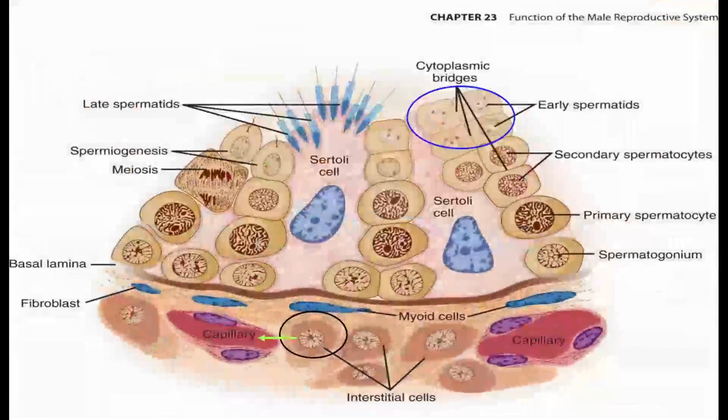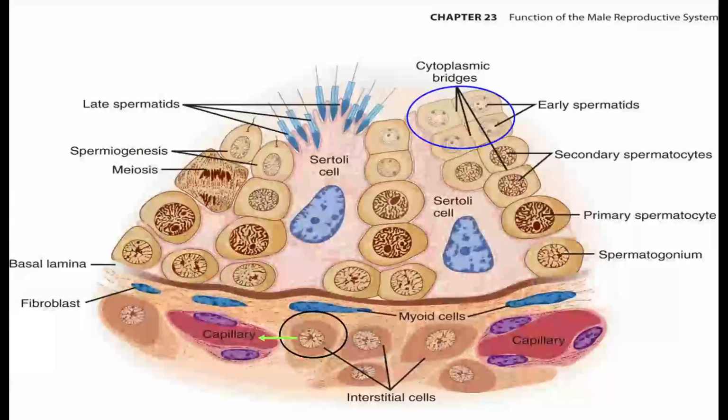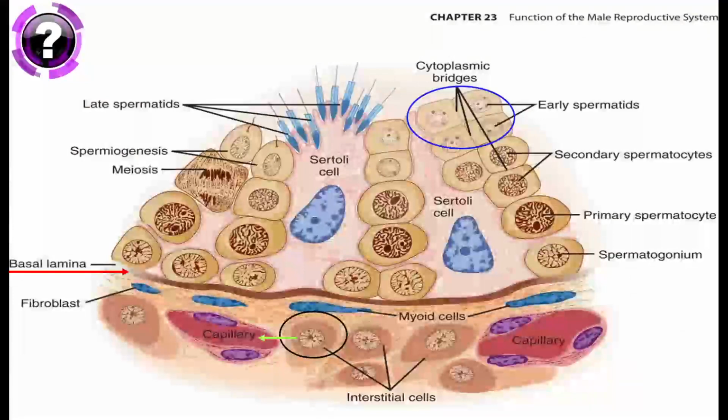This is a diagram of the germinal epithelium of the testis, and it looks crowded. Therefore we need questions to find our way into the information of this diagram. First of all, there is a basal lamina, basement membrane. Any epithelial cell sits on a membrane called basement membrane or basal lamina, and you can see this arrow extending from the basal